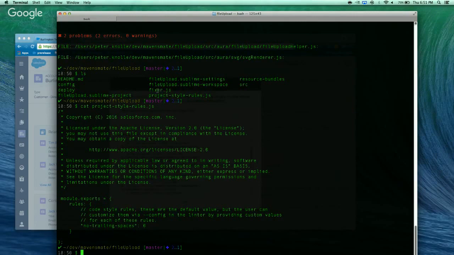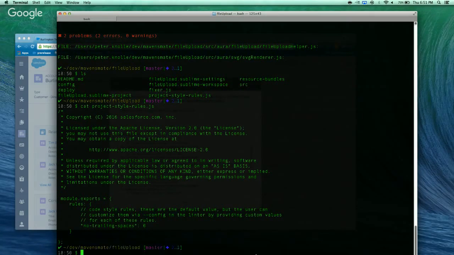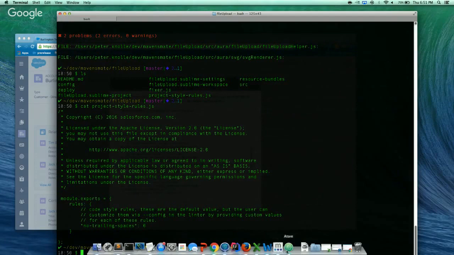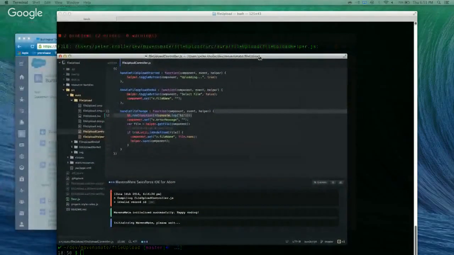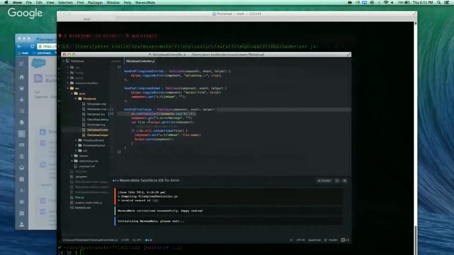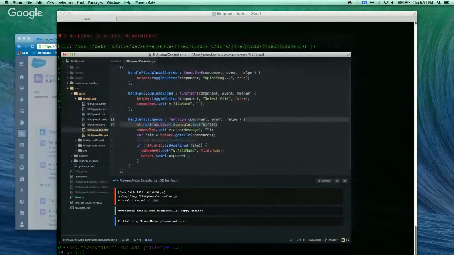So one of the other things that I found was you can set it to ignore individual files or ignore individual lines. So let me bring this up here. Nope, it's over here. So right here,